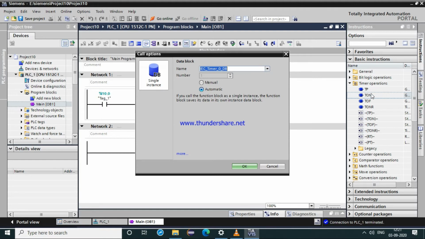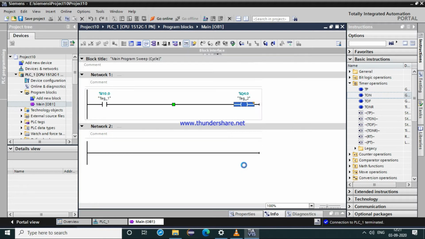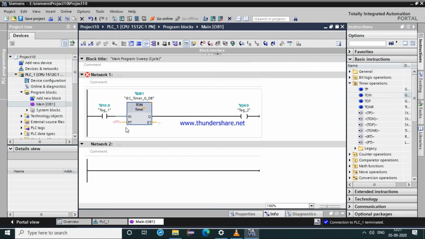So when we drag our T on timer to the main rung, we will get this call options, that is our data block for timer. When we click on OK, our timer T on will be generated over here. Then these are the set points, that is PT is our preset time, the time which we have set, that it should work for 5 seconds, that after my 5 seconds gets completed, I should get an output.